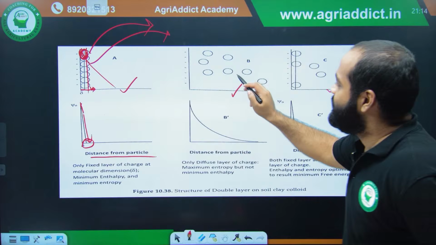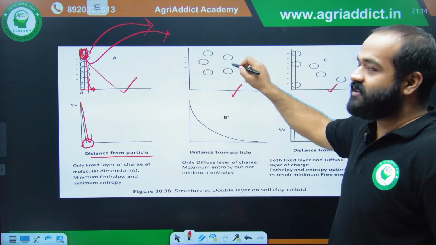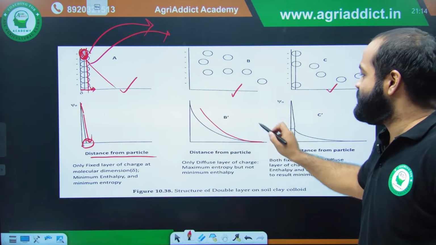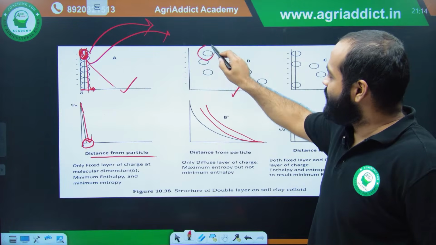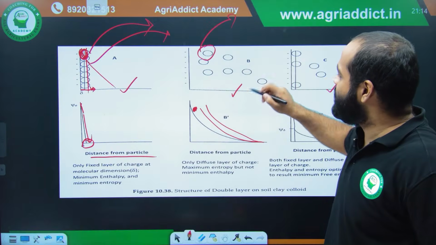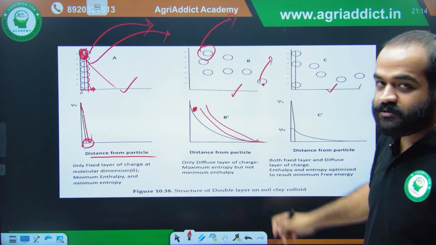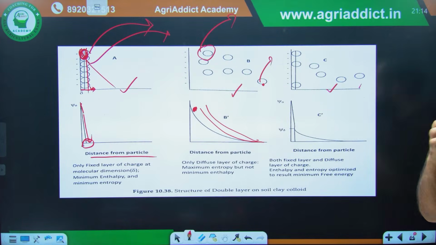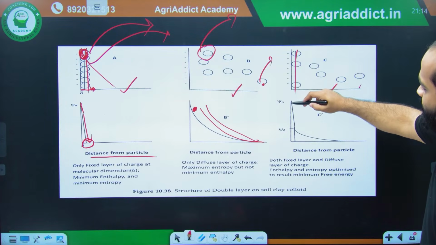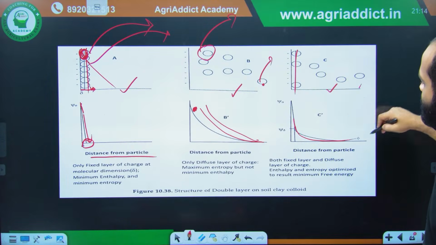All right. Here you can see, since it is diffused, potential will not decrease linearly like this, it will be exponential. Like this will have this much, you will need this much power to take this out of the electric field, but for this you will need only this much power. Similarly, this is the combination of Helmholtz and Gouy-Chapman. So here you can see, for the first layer it will go until this and then it will follow the